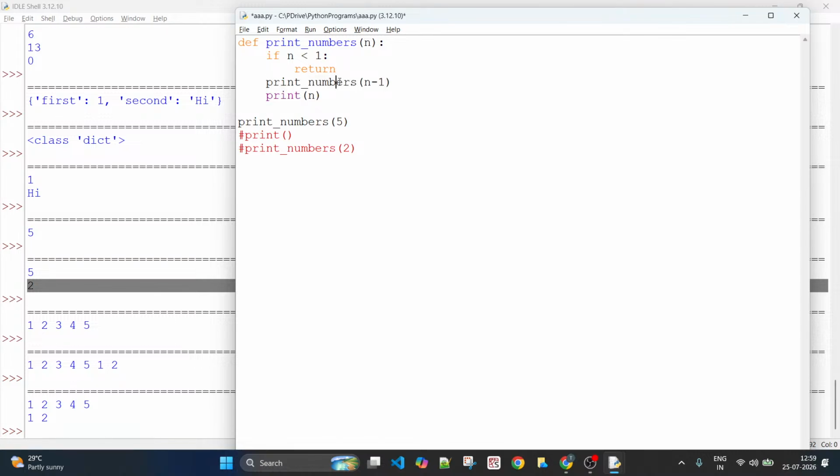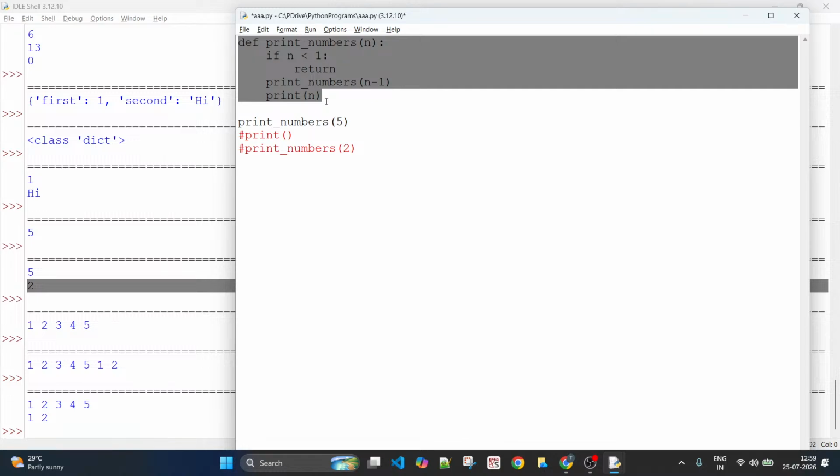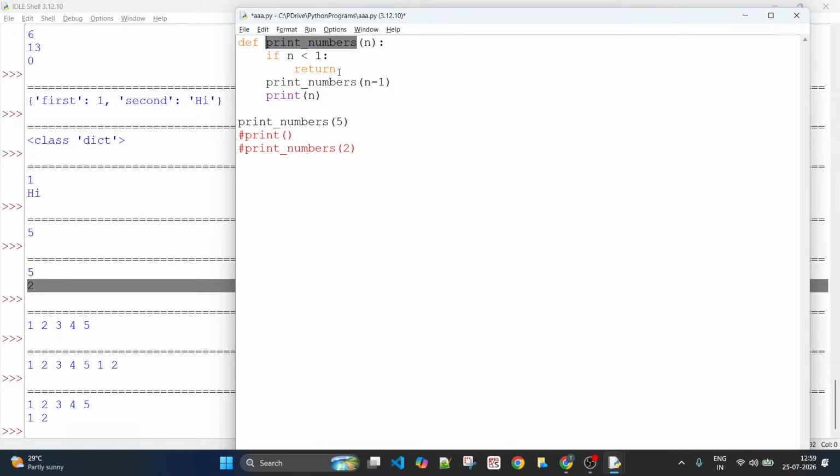But remember, this is the same function. I'm calling this function from this. I'm calling the same function within its body. This is called a recursion. Recursion is a process of calling a function within itself. So this entire thing is a scope of this function, and within this function I'm calling the same function once again, but with a different argument. That is important. If you don't use a different argument, it will be calling itself and it will never terminate. That becomes an infinite execution.